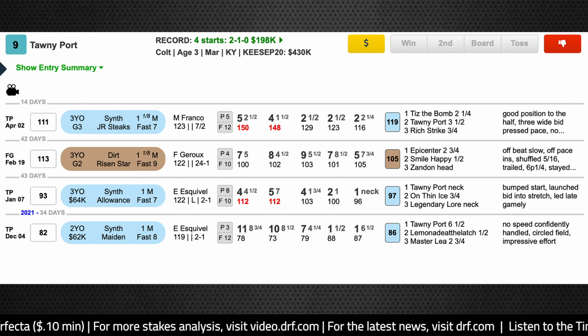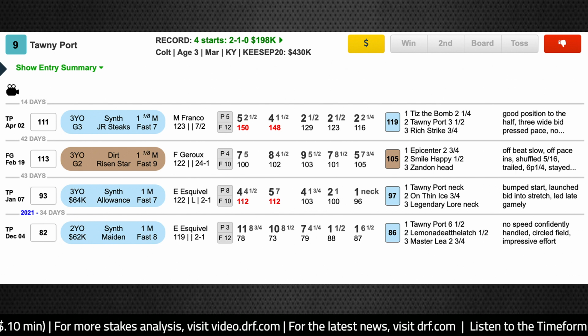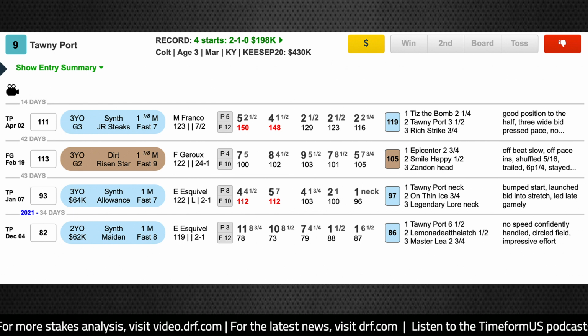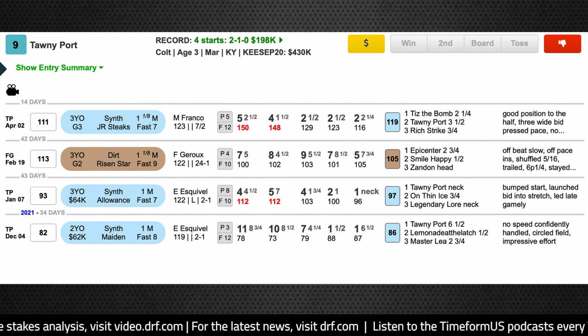Tawny Port was never really a threat to the top finishers that day, but there wasn't a whole lot of pace up front. Epicenter was able to dominate on the front end, and Tawny Port was finishing decently. But again, he's not a horse that possesses a ton of early speed. At best, I think he's going to get a stalking trip in this Lexington, so we'll see if that